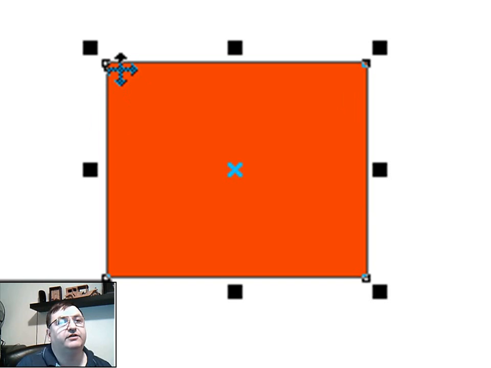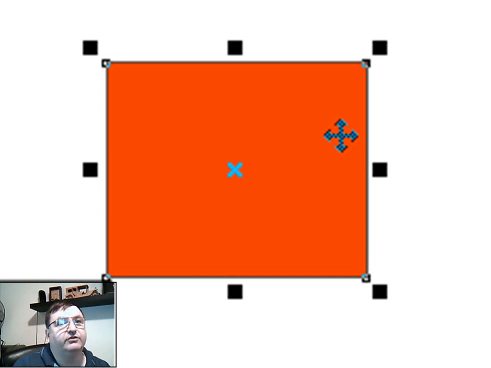A node is basically just a beginning and an ending of a line segment. So for this line segment at the top of this rectangle right here, this is the beginning node and this is the ending node. For this line segment, this is the beginning node and this is the ending node. We'll talk more about nodes later, but you'll find that in a vector graphics program, all lines are defined with a beginning and an ending node. So all line segments can only have two nodes, and every object is defined by its nodes.